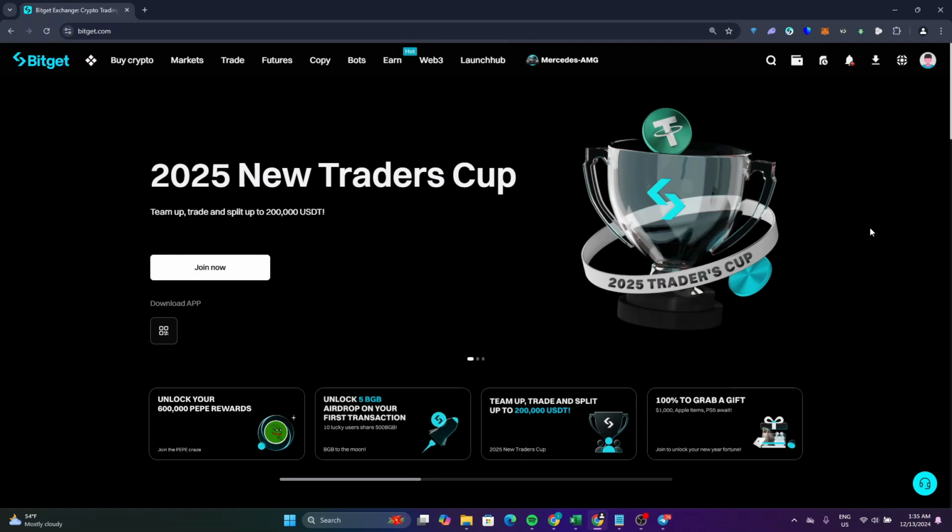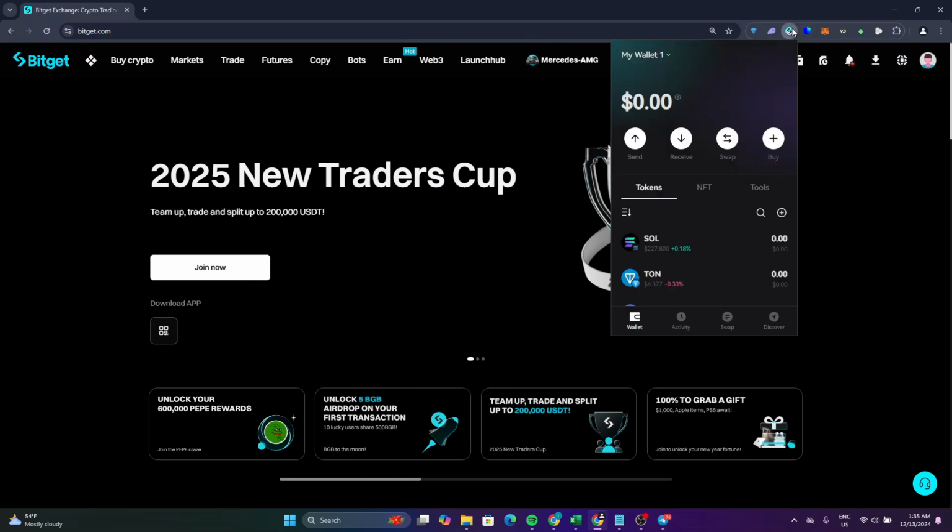How to transfer coin from Bitget Wallet to Bitget Exchange on PC. Now, first of all, make sure you are logged into your Bitget account and make sure you have the Bitget Wallet extension on your browser. Now, to be able to send coin from Bitget Wallet to Bitget Exchange, open your Bitget Wallet and click on